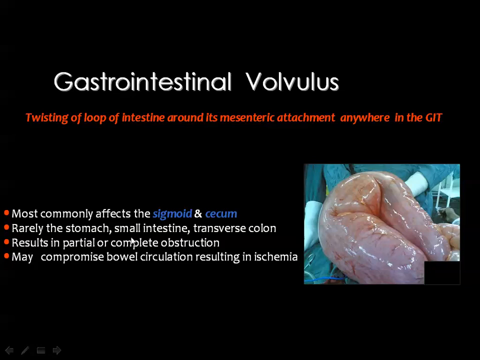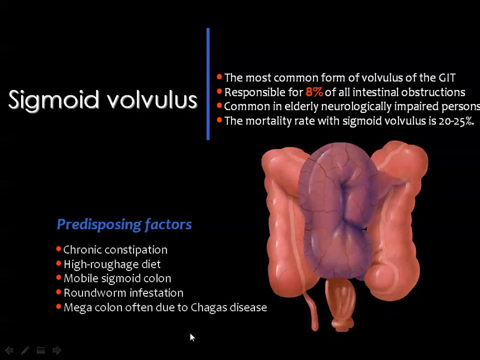I will discuss this once more in the cases of peritoneal imaging, and this volvulus may result in complete or partial obstruction and may lead to compromise of the blood supply, resulting in ischemia and gangrene, hence perforation, and too many complications. This sigmoid volvulus is the most common volvulus at all in the gastrointestinal tract, and it is responsible